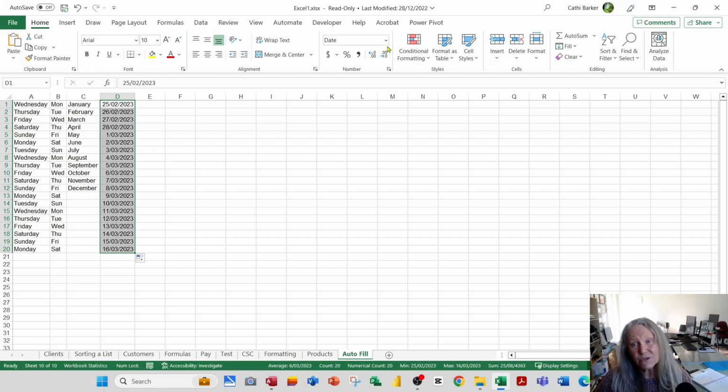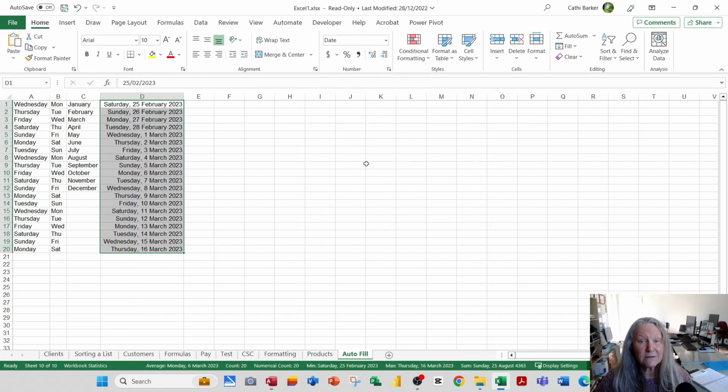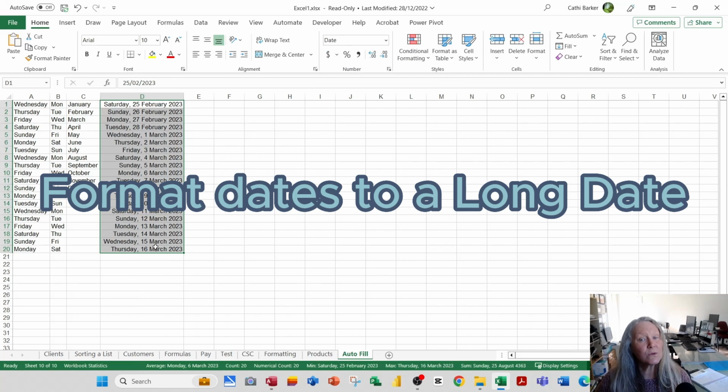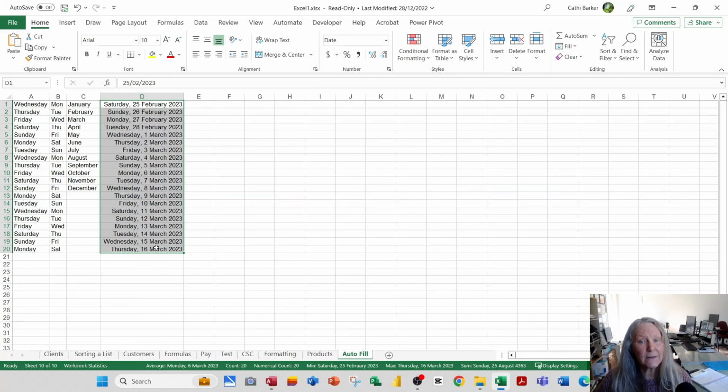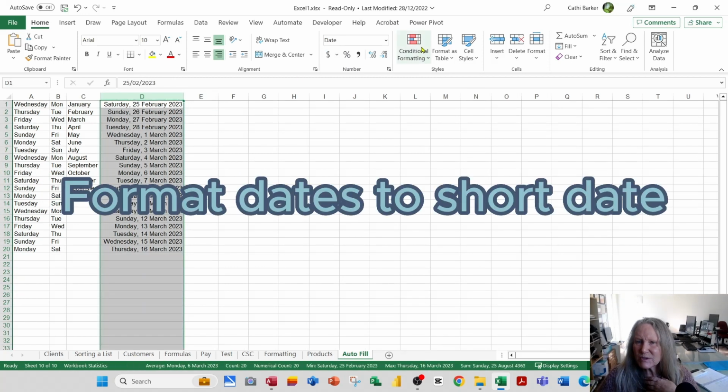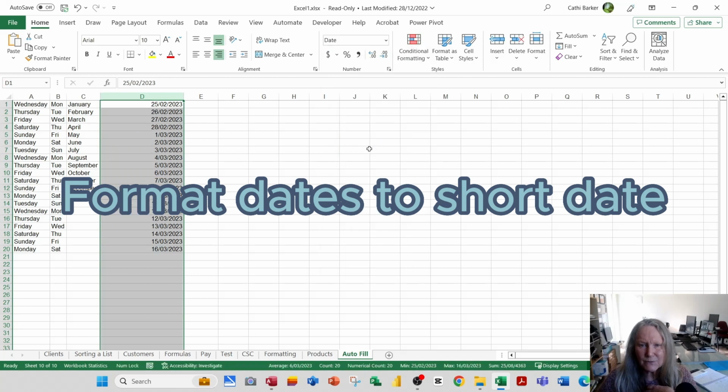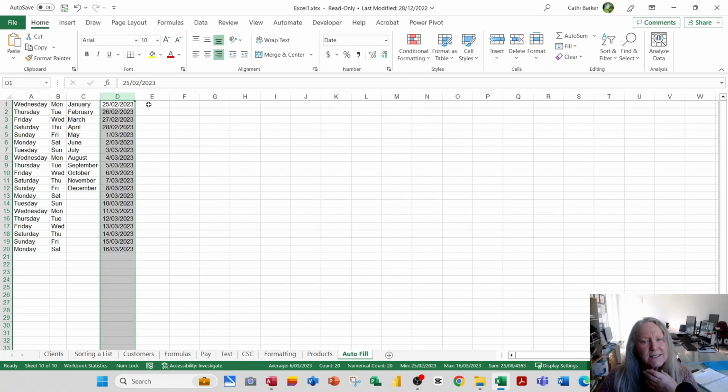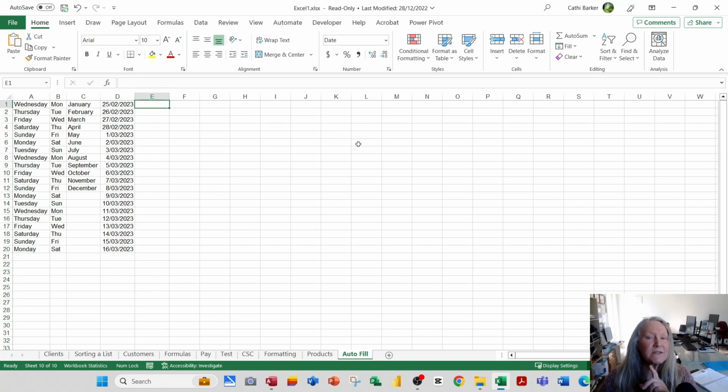And what I can do is I can format those to a long date. So I've created a list of dates starting 25th of February 2023. So let me select these dates and just put them back to short dates, for example. All right. Now let's say I need another list of dates, but this is starting the 25th of the 2nd,